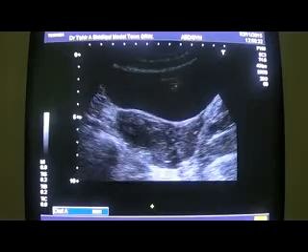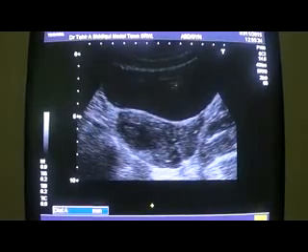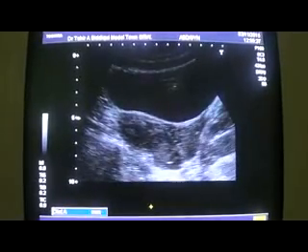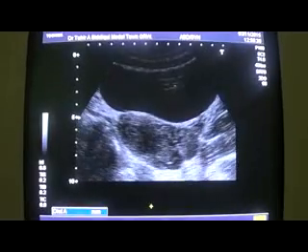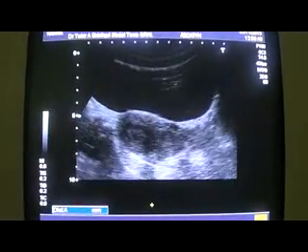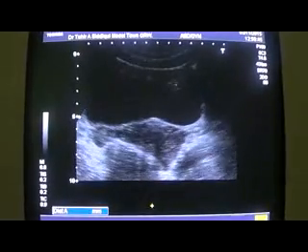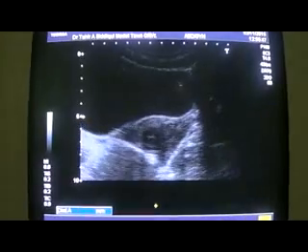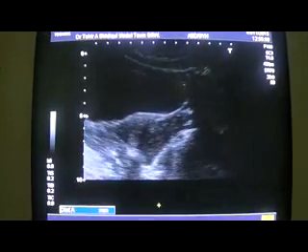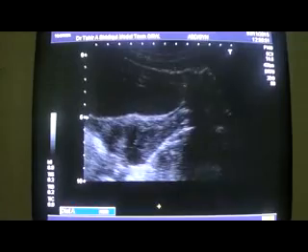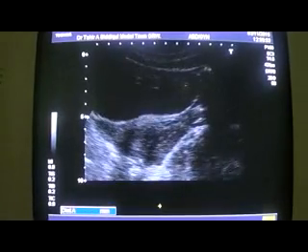Now, why I am making this video segment is to make you aware of the fact that, see what happens when I move the probe transversely. It leaves its relation from the uterus.